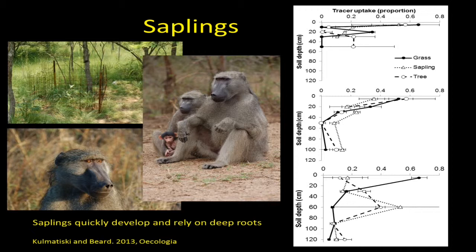And we can start to look at some new ways of looking at plants and getting an idea of their niche partitioning. We did an experiment where we actually put in 3 tree species, but the baboons really liked to eat one of the tree species, so we were only left with 2 species. We planted saplings, and we grew them in little bags for a few months, so they had like 15, 20 centimeter roots. Planted them, they grew for about a month. We came back a month later, and after about 1 month of growth in the field, the saplings here in this dotted line relied more on deeper soil water than either adult trees or grasses,